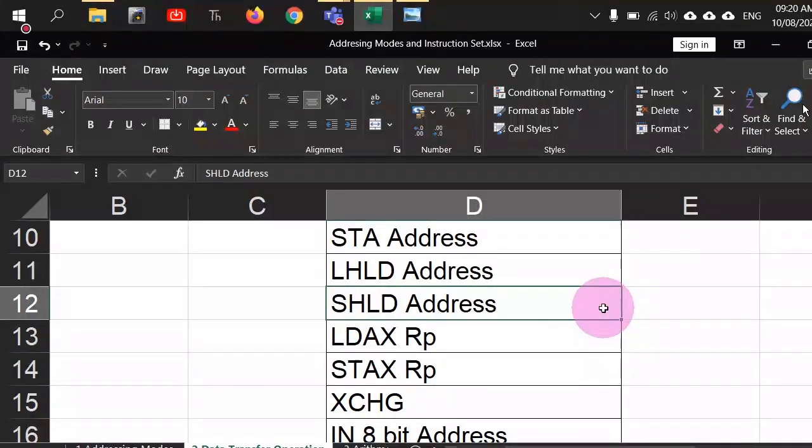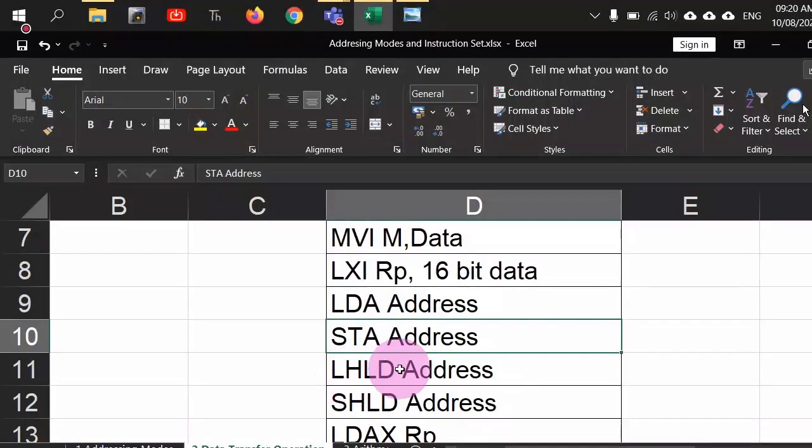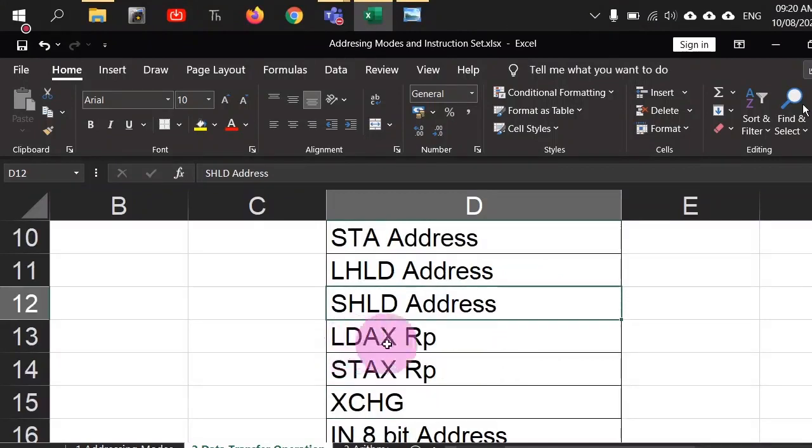So are these commands clear to you? I mean, LDA and STA, their 16-bit equivalents are LHLD and SHLD. So we haven't used them now, but you may use them in your program if you feel like, right? So now you have already seen these commands, LDAX RP and STAX RP. Sir? Yeah. So yes, what did you ask about the name? Little endian, ENDIAN, little endian format. That format simply means whenever you want to transfer the data, the higher order registers will be copied to higher order addresses, and lower order registers will be copied to lower order addresses. Is it okay?